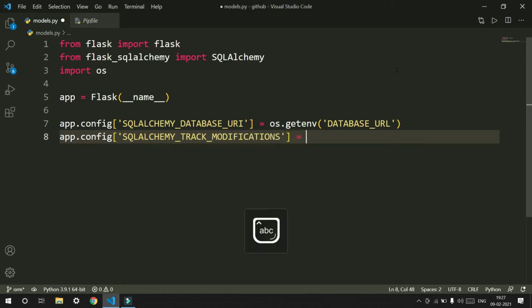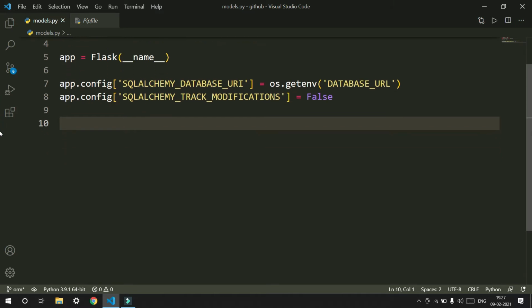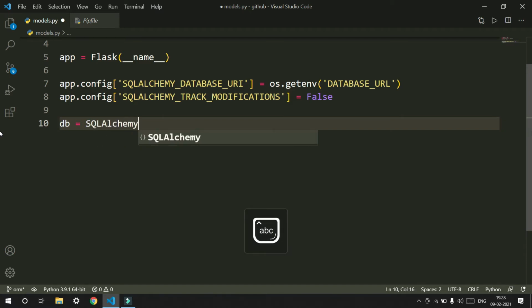We'll set it to false, since we don't want SQLAlchemy to track the changes. So now, in order to create a database object, we say db equals, we call the constructor, we say SQLAlchemy, and we pass in our application.